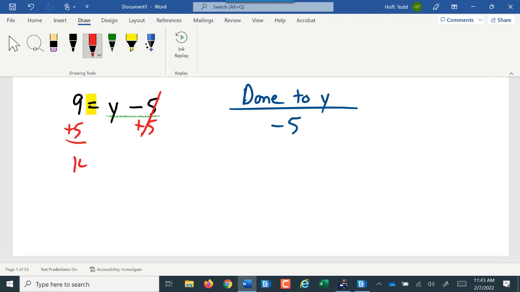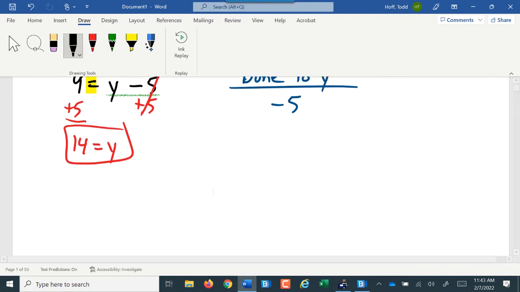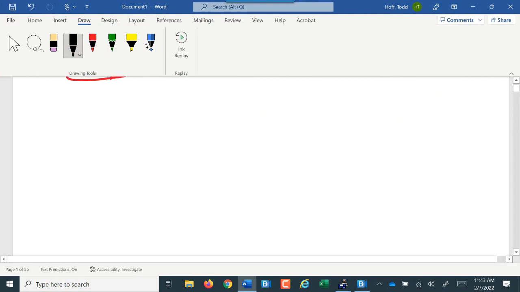9 plus 5 is 14, and on the right side, we're left with just y. So 14 equals y, or y equals 14. So once again, we're down to a variable equals a number, or a number equals a variable. We might have